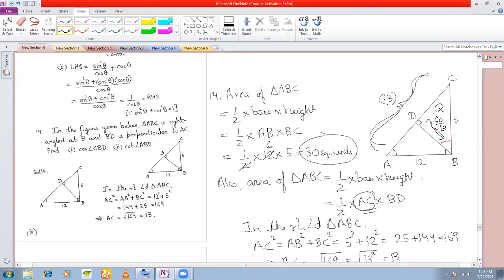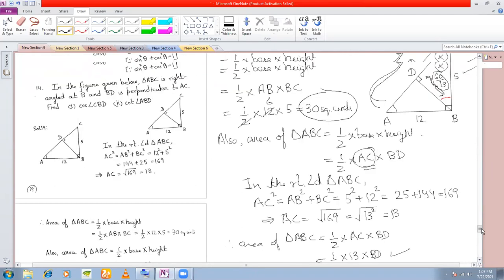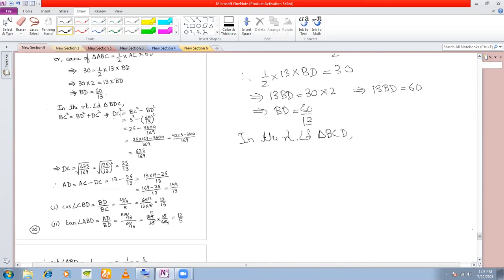Now coming back to this right angle triangle, BCD. In this, what do we know? We know the hypotenuse, we know the base, right? We need to calculate the perpendicular DC. So now we shall apply Pythagoras theorem in this right angle triangle. So in the right angle triangle BCD, which one is my hypotenuse? BC, right? So BC square